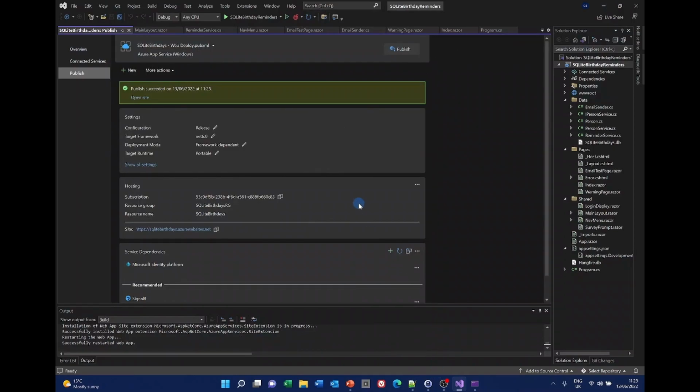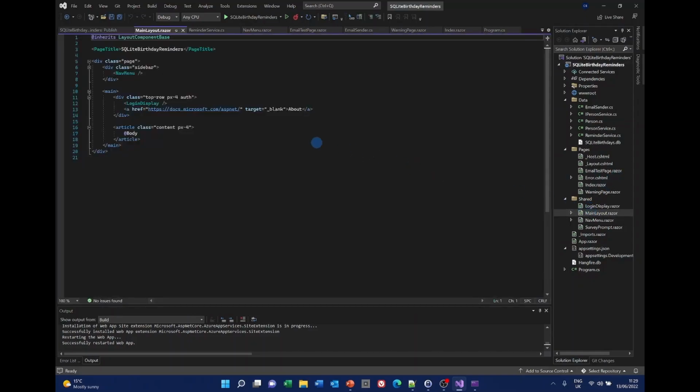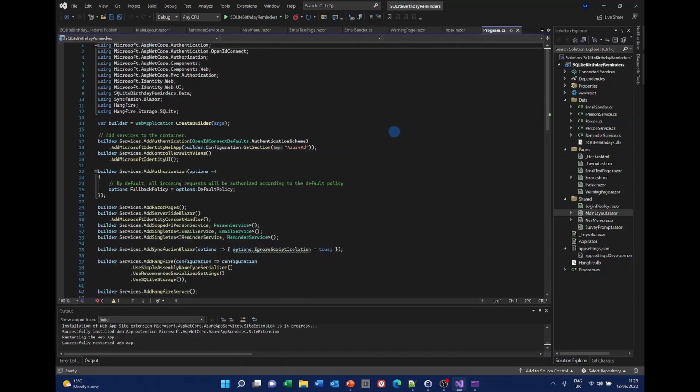And back here, what we need to do is make a couple of changes. To get rid of the about, that's held on, where is it, main layout. That's the reference, and we can just comment out that line. That's the easy one. To change the localization, we need to make some changes to program.cs,